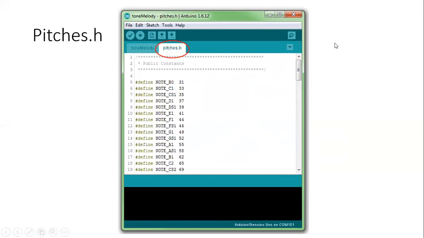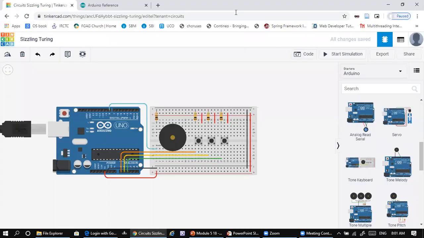Okay, now let us see how to simulate this. For simulation, again, I use the tinkercad.com website, and here I have a circuit where you have three switches connected to pins A0, A1, and A2, and on the other side you have a speaker which is connected to pin number 8.